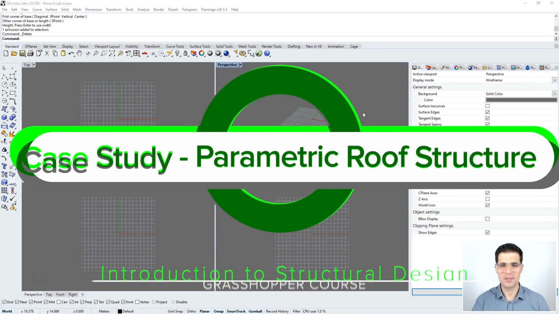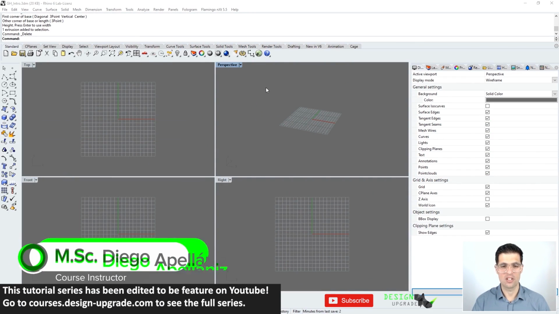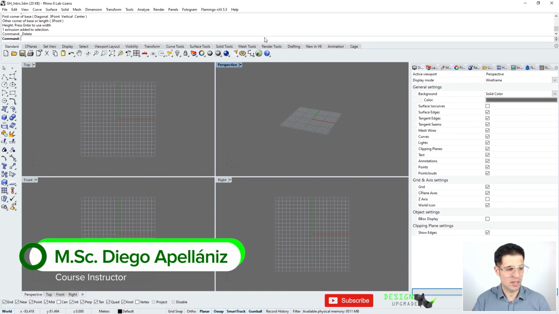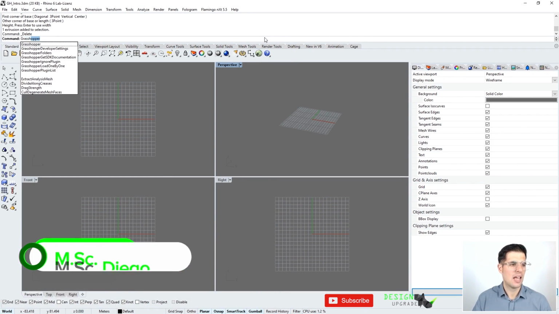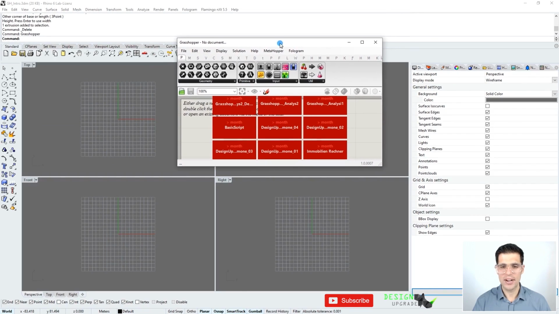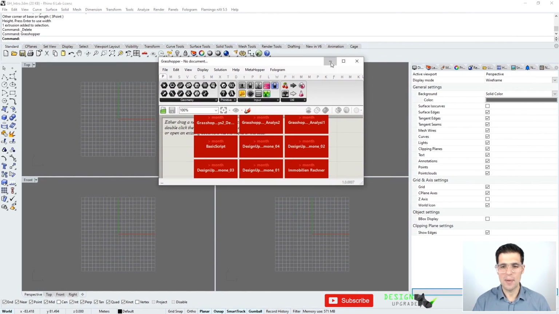To open Grasshopper, first we need to start the program Rhino. And once we are in Rhino, to launch Grasshopper, we can either click on this button here, Launch Grasshopper, or we can just type Grasshopper in the command bar. Like that. So this window is now Grasshopper, and we can move it around like that, or we can also minimize and